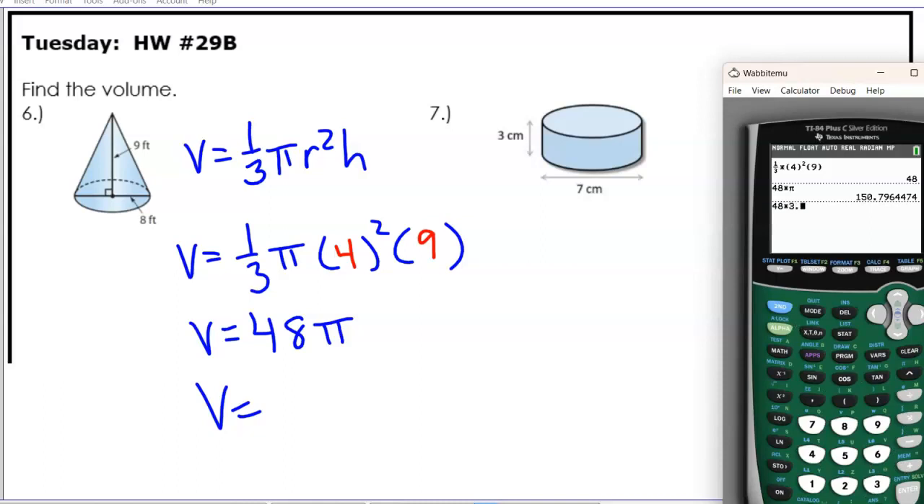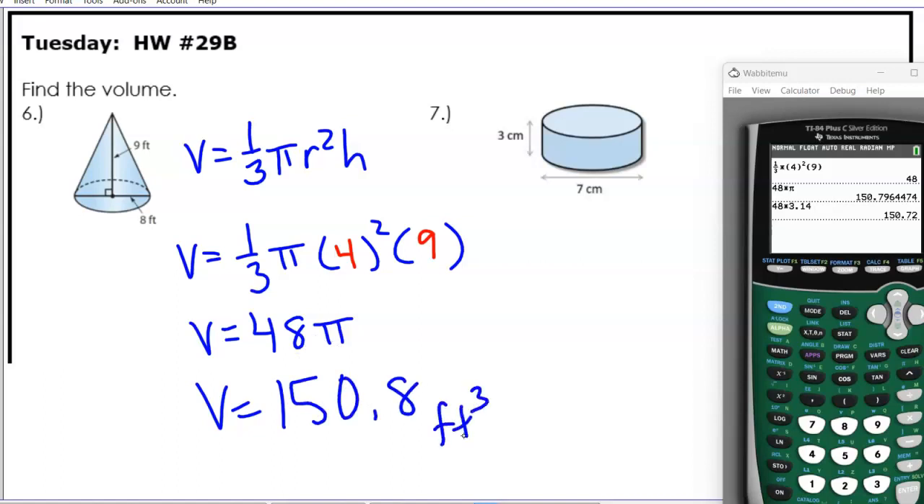48 times 3.14, and you'll see that it's slightly different, and the rounding will be different. So if it says use 3.14, the answer would be 150.7. But if they said use pi, the answer would be 150.8. All right, so you have to be very careful that you're reading the directions. My directions didn't state here, but I'm going to say round to nearest tenth, and I didn't state to use 3.14, so that means I'm going to use pi. So we're going to say 150.8